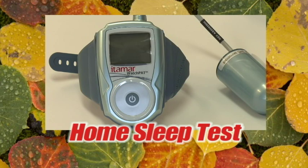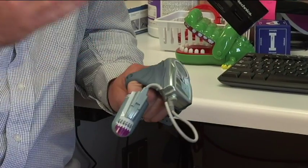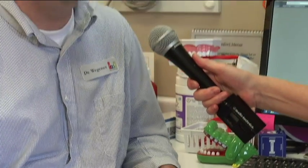Yeah. And so what we offer is this little device. It's made by Itamar. It's called the WatchPAT. It goes on your wrist like a watch, and you just push start. You put this little sensor on your finger. There's actually one more sensor that comes right here, and that's it. You push start, you sleep. When you're done, you bring it back into us, and we can download the data, and it tells us